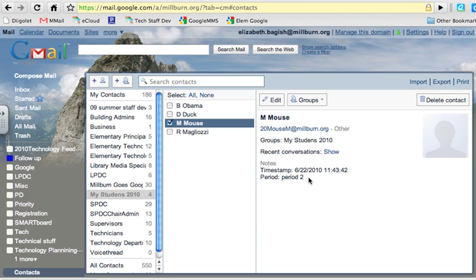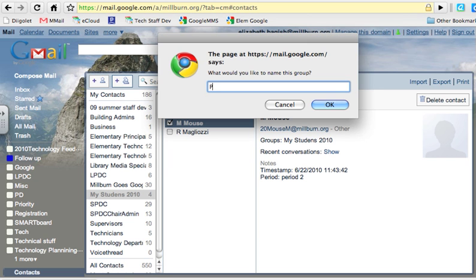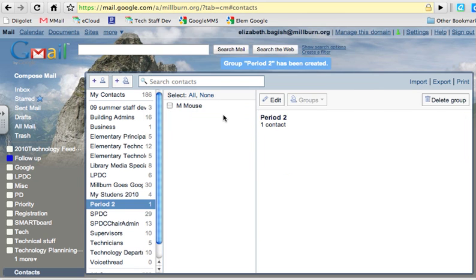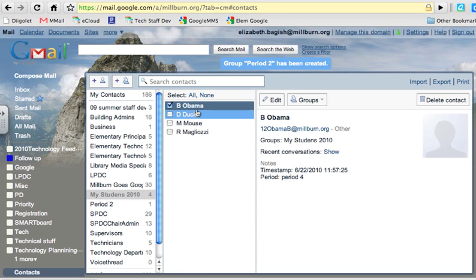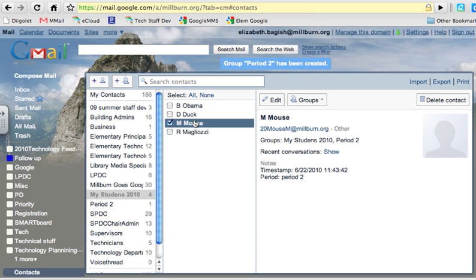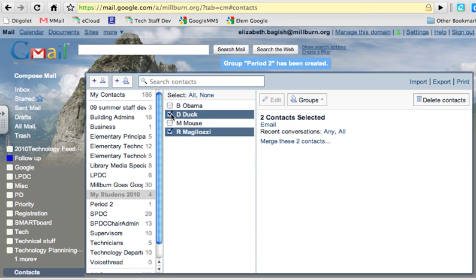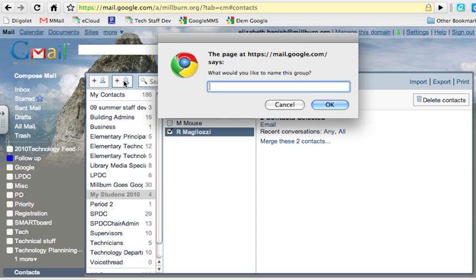and here it says period 2. So another thing that I could do is create a new group. I could call it period 2, and actually let me go back and show you a better way to do that. I would select all the students who are in period 2, and actually it's period 4, period 3, period 2, so M. Mouse is really the only one in period 2, but you've got R. Magliozzi and D. Duck in period 3,